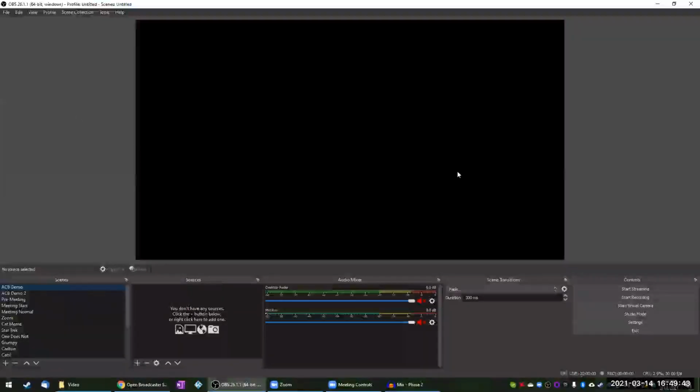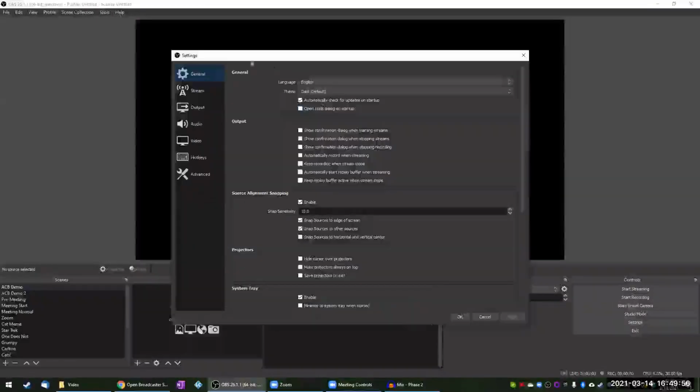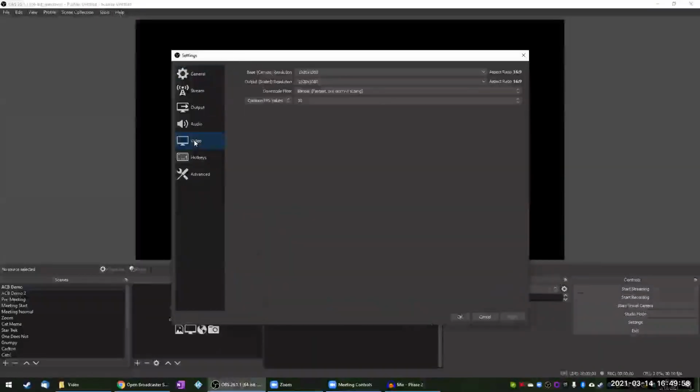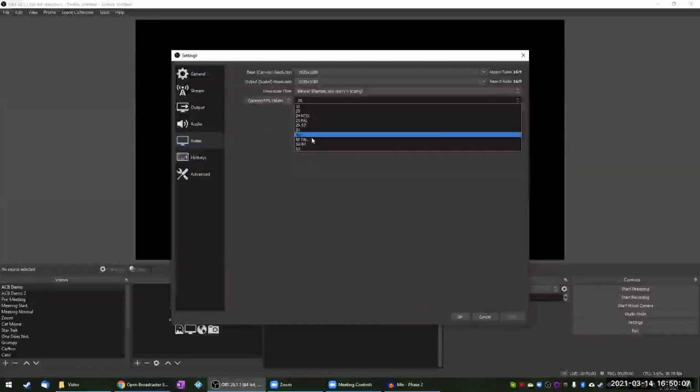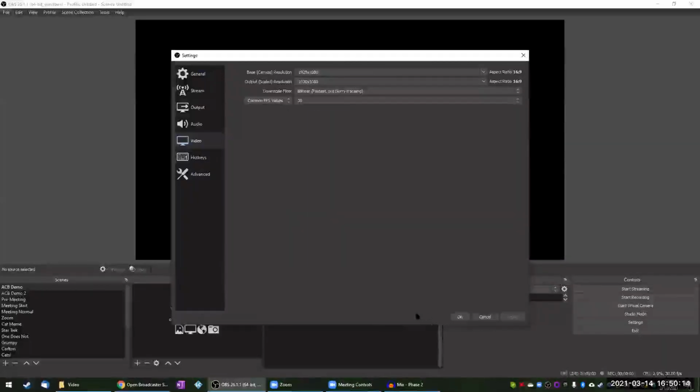There is just a little bit of setup that goes into it for these projects. The first being making sure that your frames per second matches whatever frames per second you wanted to use in Blender. So I'm going to look at our settings and then under video, and then just changing this common FPS value. And that's really the only setup you'll have to do, is changing that to make sure it's 30 frames per second. I believe it defaults at 60, which you don't want to double your time on everything. So 30 is just fine.